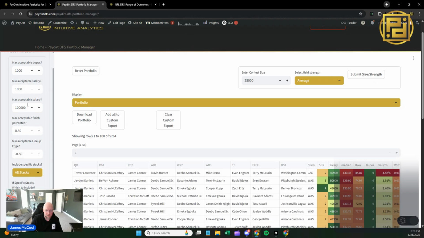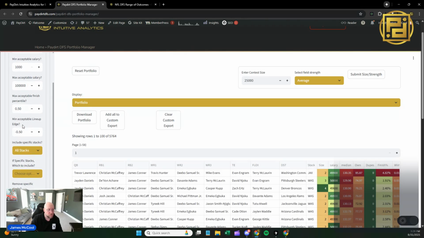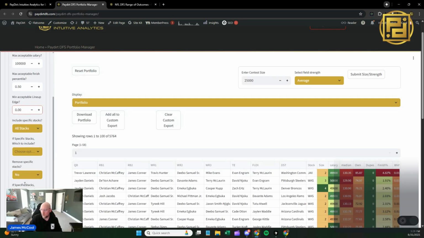So I'm not going to show off these too much. But in terms of the lineup edge, let's show how drastic a change this can be, right? Granted, I built these all off of Paydirt, so I don't know how much of this is going to be negative, because over at Paydirt I have things tuned towards building good lineups already. But if we were to change this to 0, and then hit portfolio here,